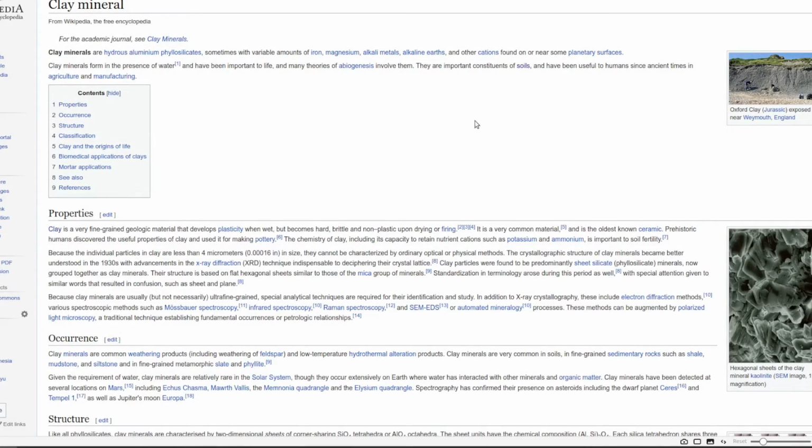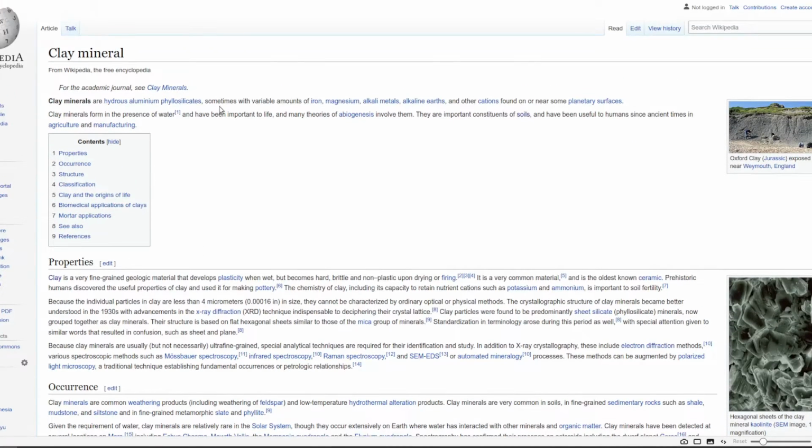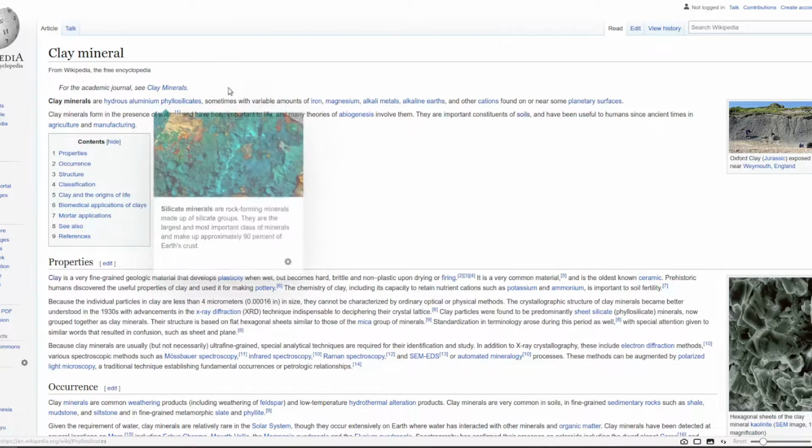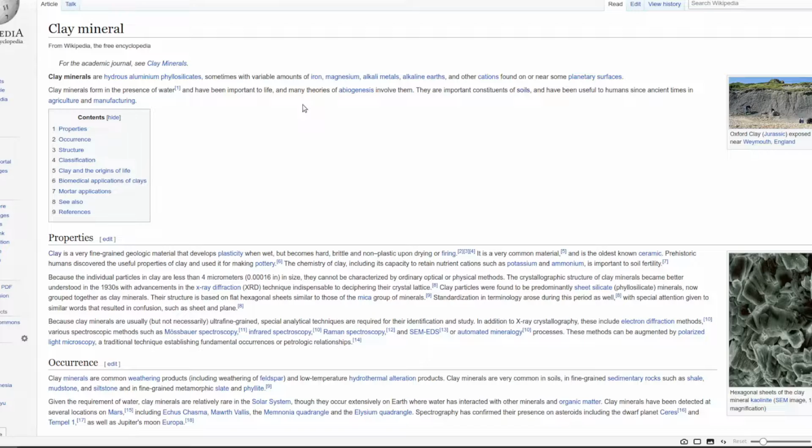Alright, so let's go through some Wikipedia pages on clay and such, just to get a more scientific and a broader idea about these things. Clay mineral. So here we go. It says clay minerals are hydrous aluminum phyllosilicates. So I looked up earlier, and it says with some variable amounts of iron, magnesium, alkali metals, alkali earths,